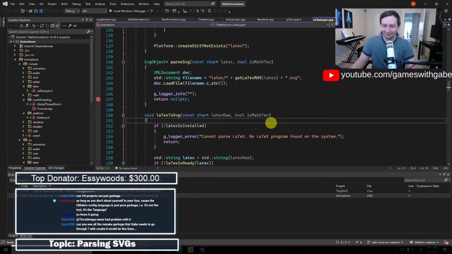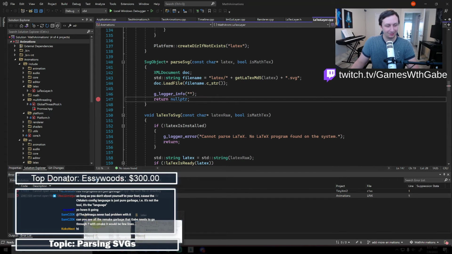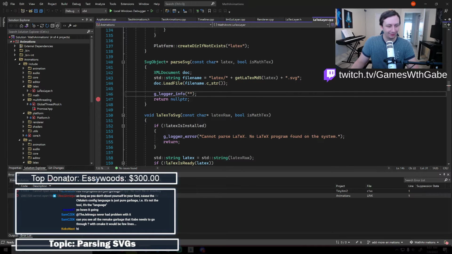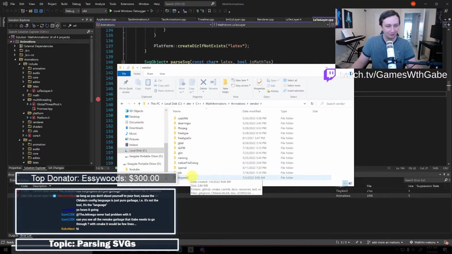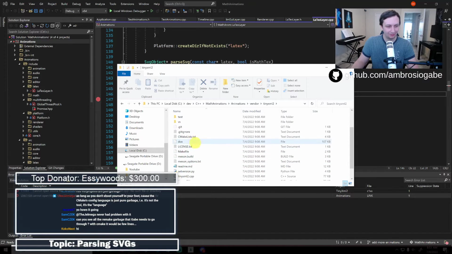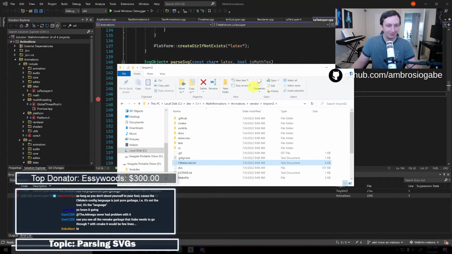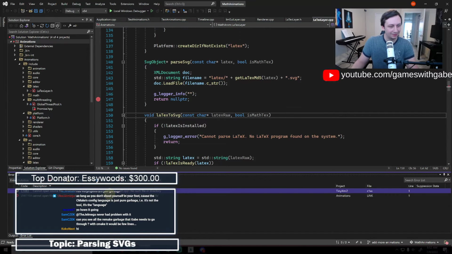Can you see all that Premake garbage that Gabe needs to go through with CMake? It would be a few lines. Well, do they have a CMake project? If they do, then it would. Actually, I think they might have a Premake project in there, so I probably could have done it a lot simpler. But do they? I think they might have. No, they got CMakeLists though. Yeah. So it definitely would have been simpler with CMake. That's the reason I'm switching, just because everyone actually has a CMake project in there, which makes it easier. So yeah.